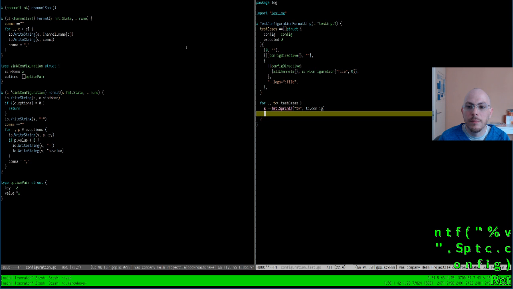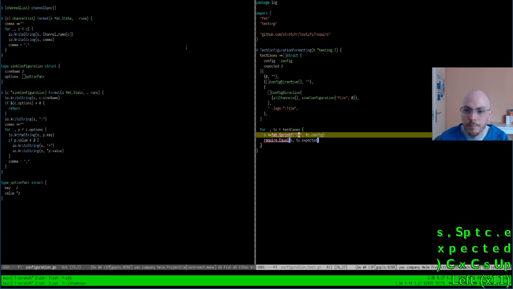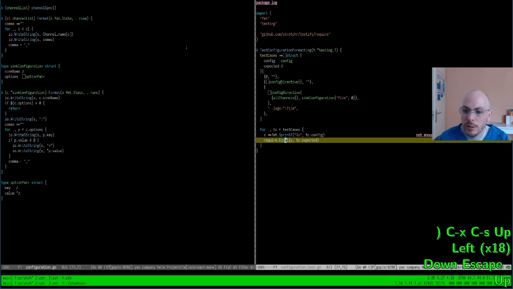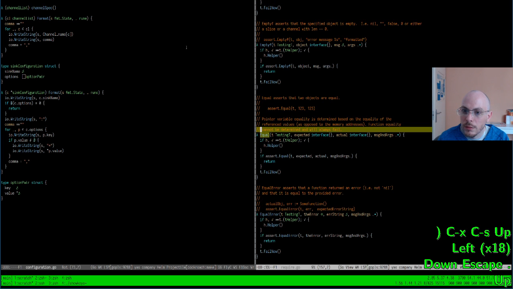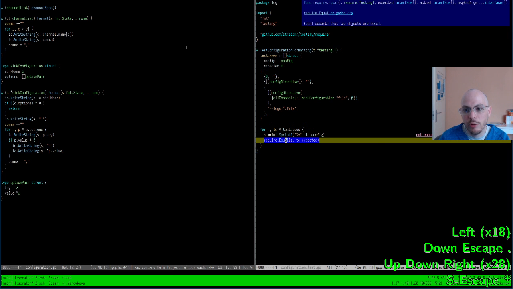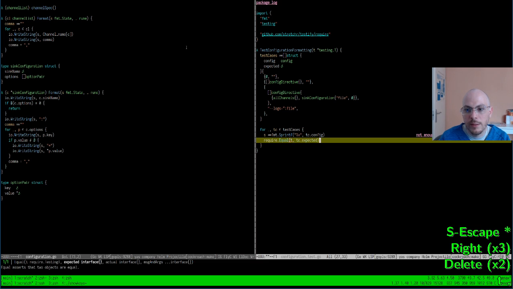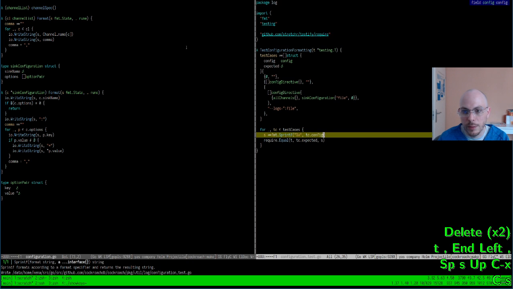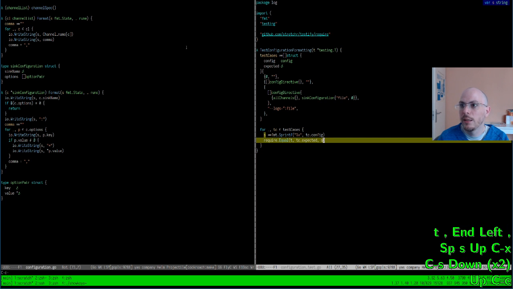And then compare. All right, so is required.equal. Oh, it needs the testing thing, and then the expected first and the actual second. So testing thing is the first, and the expected second. And now I can run this.